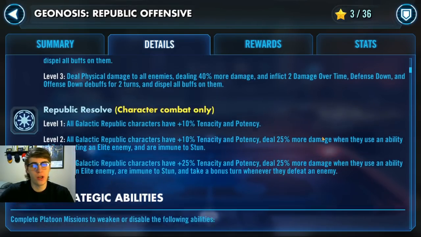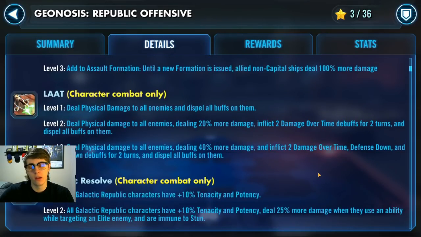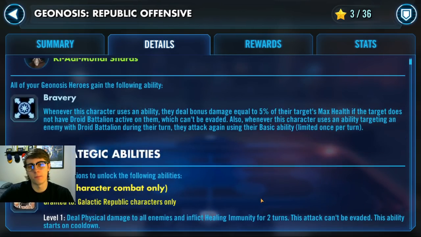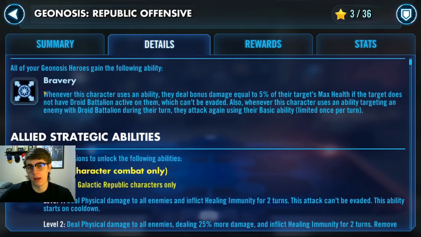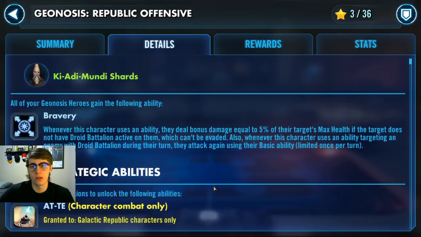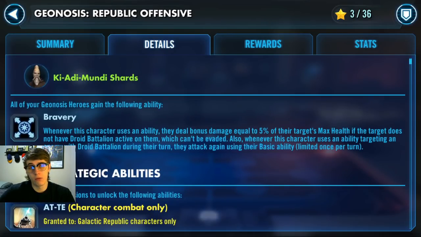We're going to chat about the difference between the light side TB for the Geo and the dark side Geo TB. Most in-depth, we're going to really chat about the bonuses you're getting, like for example the allied strategic abilities here, and also the bravery. So if you really want to start here, I guess we can chat about the